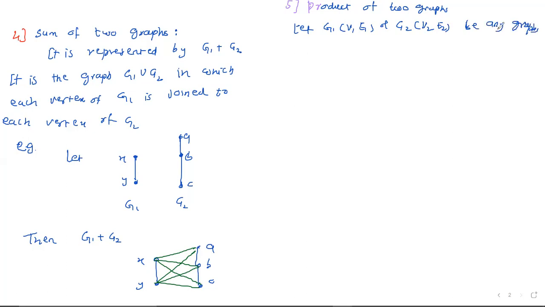Then the product is represented by this. So your new graph is G, which is the product of G1 and G2. Here the vertex set of G is V of G1 into V of G2. So we write V1 cross V2 like this. And the edge set, E of G, is